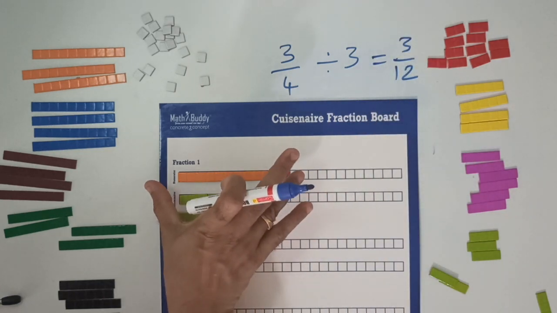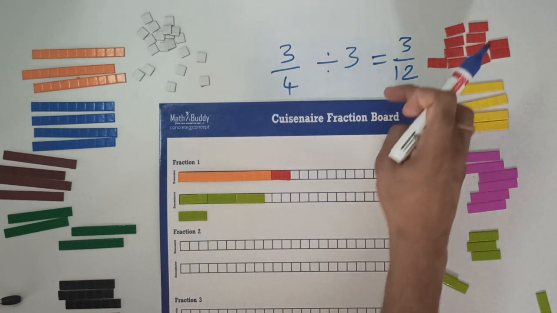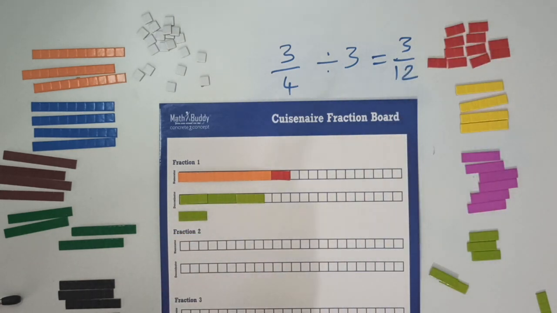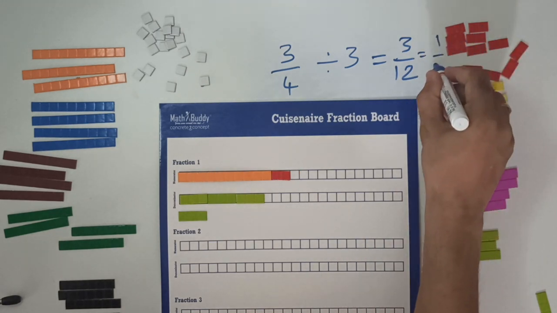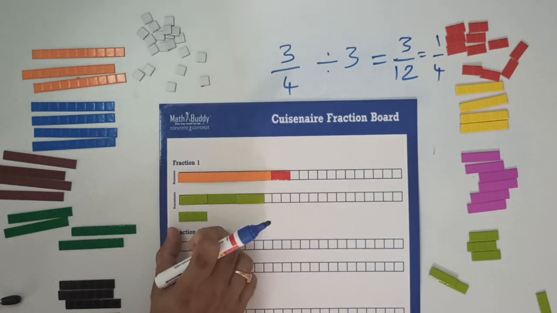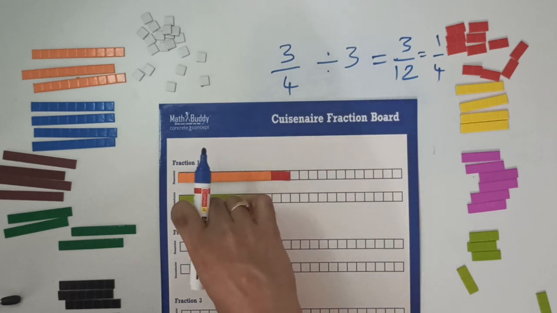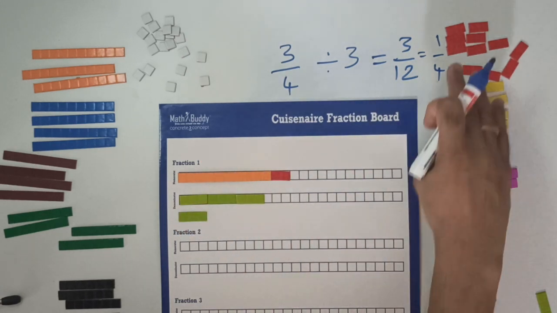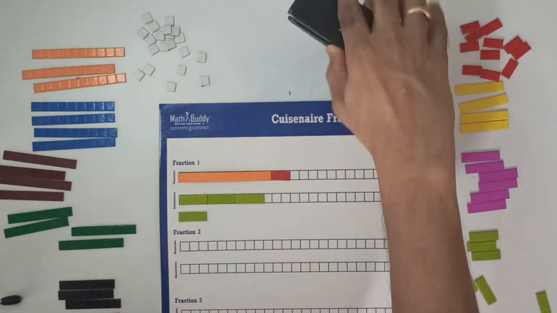Right? Our whole is of length 12 and after dividing we've got 3 divisions. So that's why it's 3 out of 12, which we can write also as 1 out of 4. Right? How do we write that? Because we have one such part here and the whole can be divided into 4 equal parts and I've got 1 part. So we can write it in simplest form as 1 by 4. Right? Let's just look at one more example.